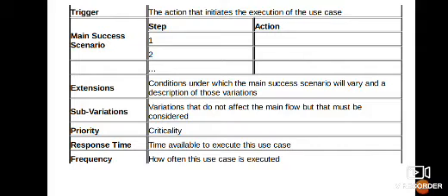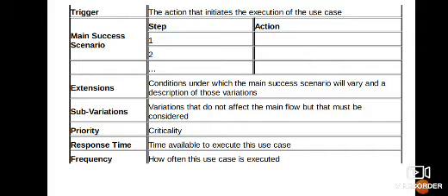So what happens if the PIN number I have provided is wrong is that the ATM will show me that the PIN number is wrong, and I am given three turns to provide the PIN. If I provide a wrong PIN number three times, I won't be able to use the ATM any further for that particular day. I have to wait till the next day to provide the correct PIN and then get back my money. So if any one of the interactions in the main success fails, I have an alternate course of action, and that has to be listed in the extension scenario.